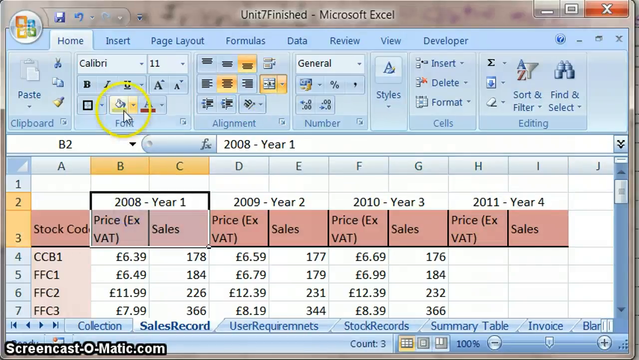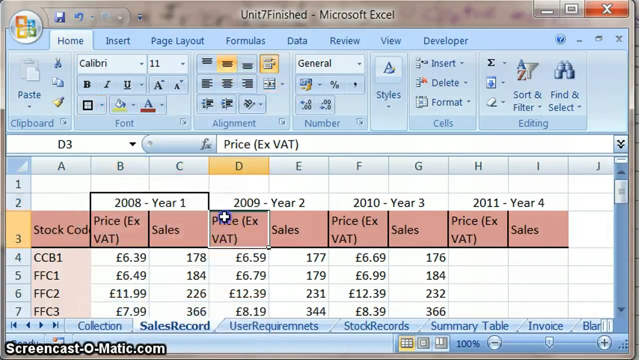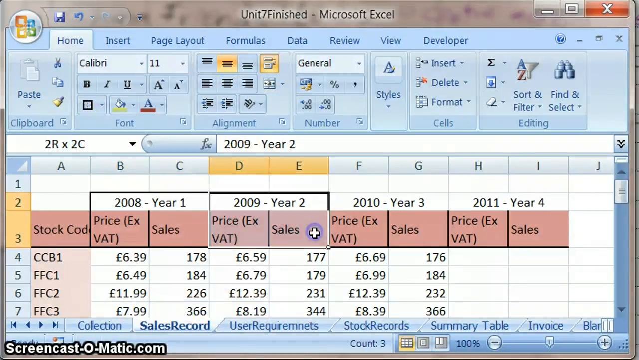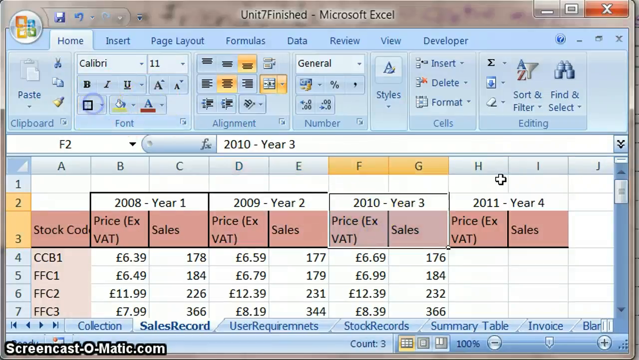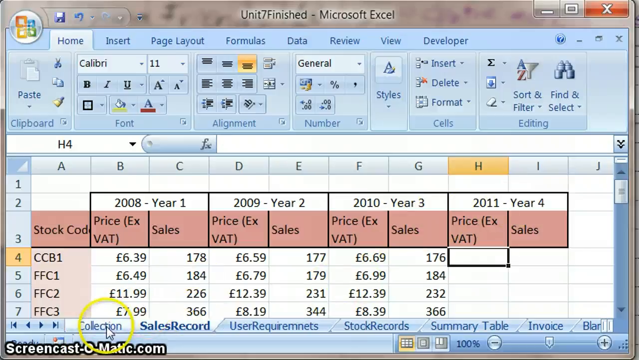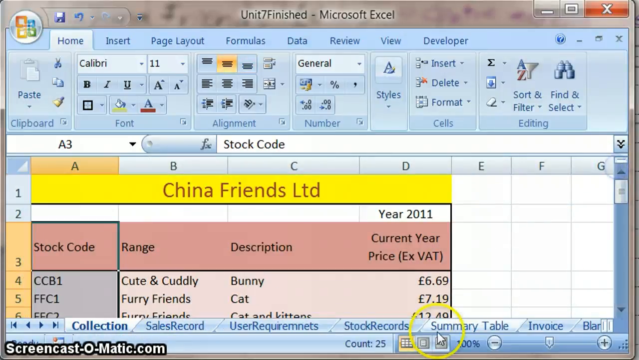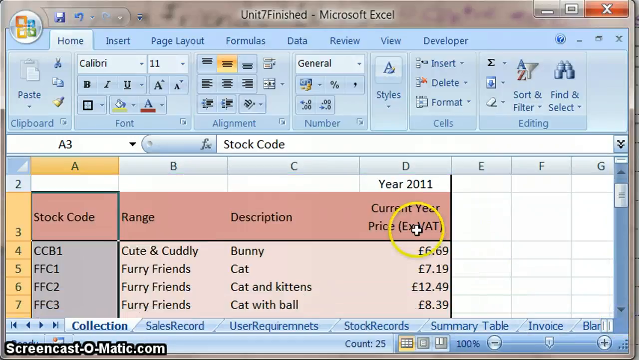and then I can put a nice box border. So what I've done is I've just chosen this and chose thick box border to put around those. Do the same here and the same here and the same here. The prices we do have for 2011, but they sit in the collection over here. So if I just go and copy my prices and paste them,